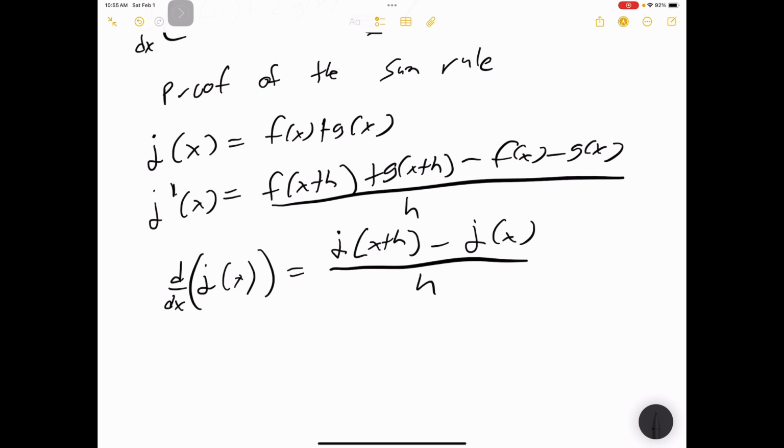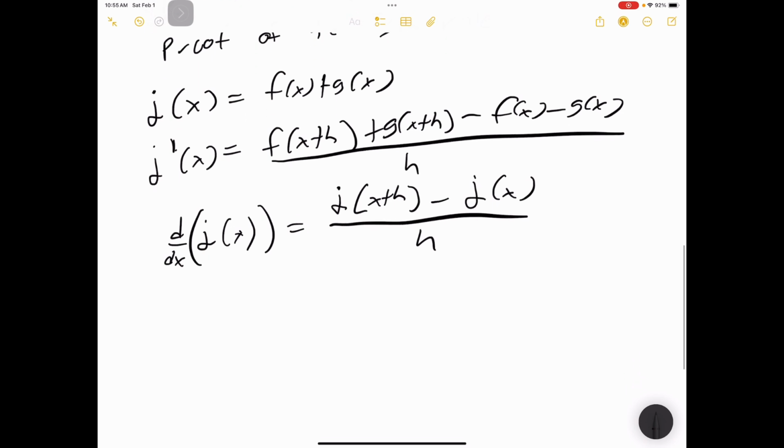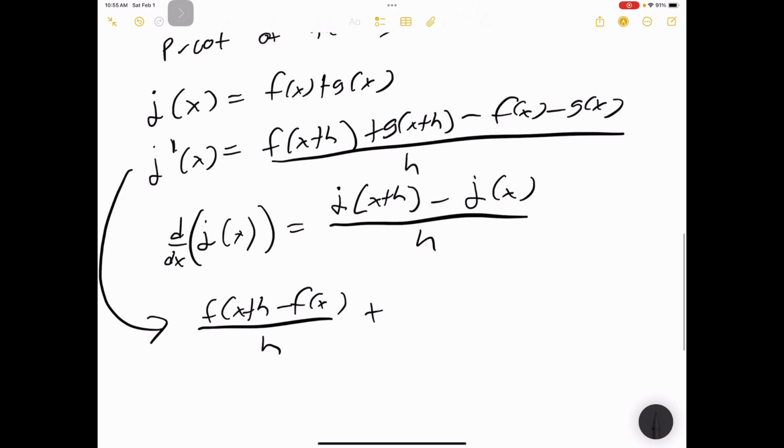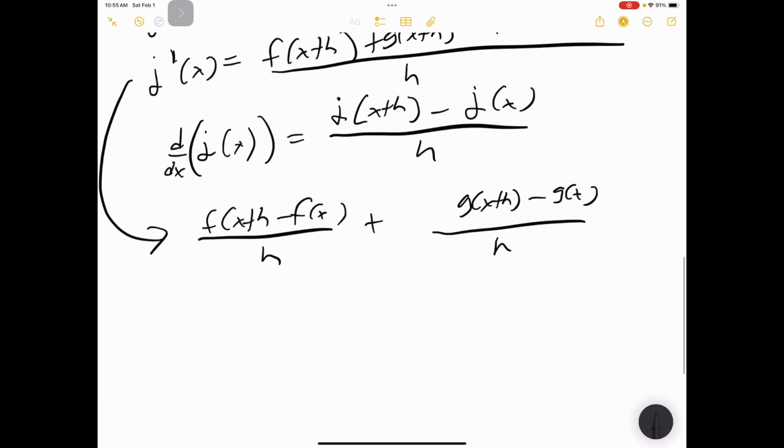That's just coming directly from our rule. And up here, this is equal to f of x plus h minus f of x over h plus, we have the same denominator, so we can split it up as long as we keep our denominator, g of x plus h minus g of x over h, which is equal to, in end,